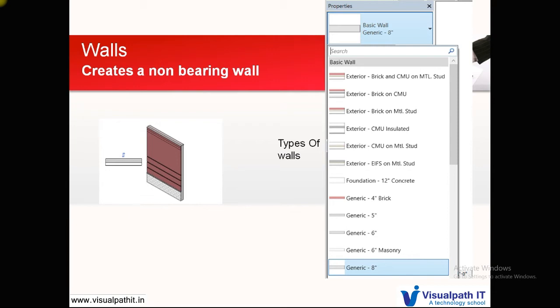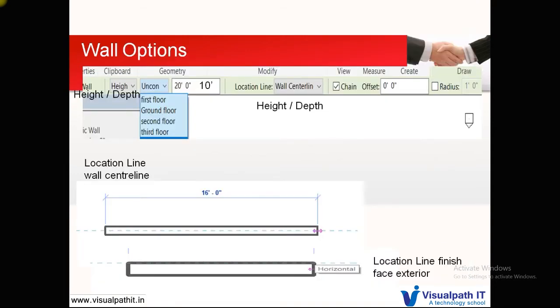When you look at the Revit tools, there is an 8-inch wall. So we need to create a 9-inch wall by ourselves and define the materials. First, as part of learning, we will learn how to create a 9-inch masonry wall, and then start our project. Without going further, we will see the wall options. When you click the wall tool, there are a lot of settings that you need to do